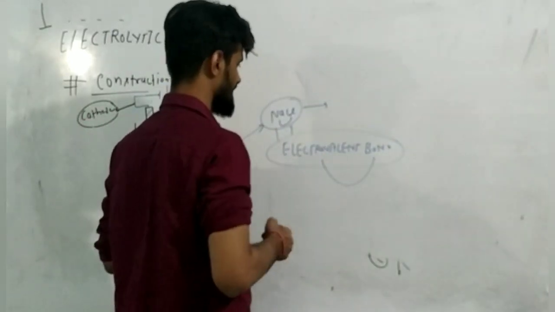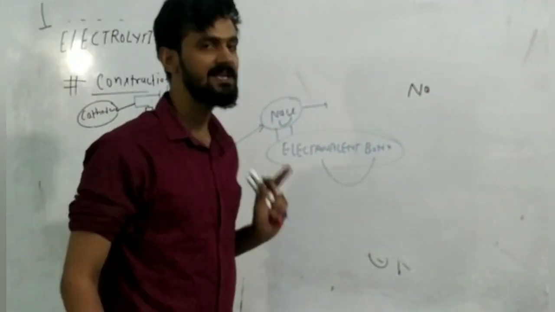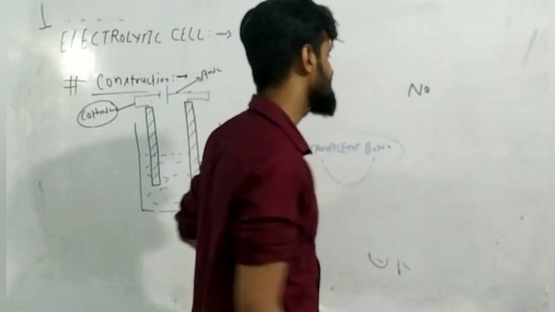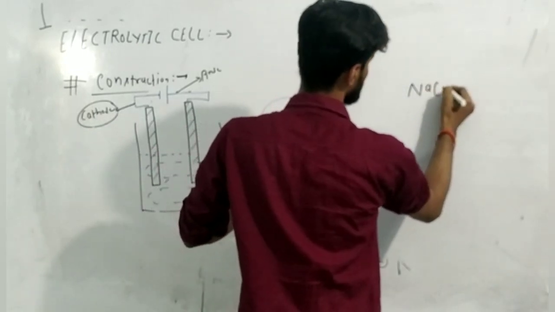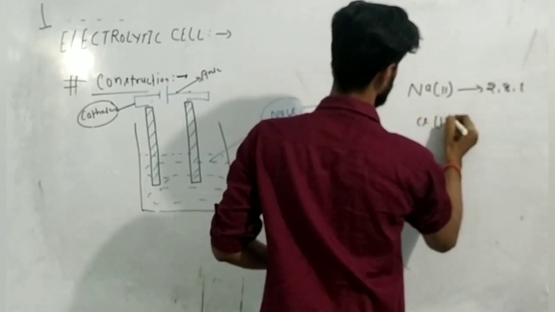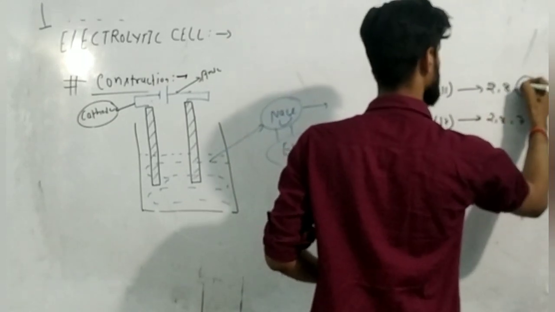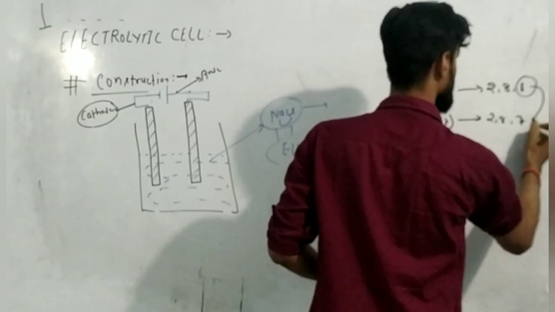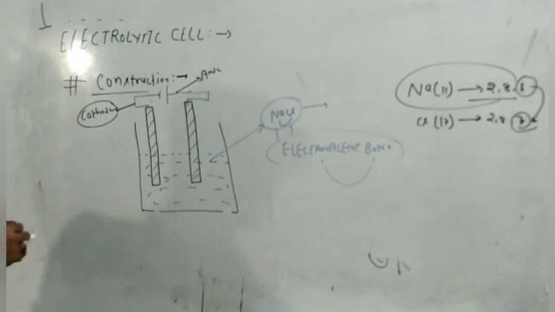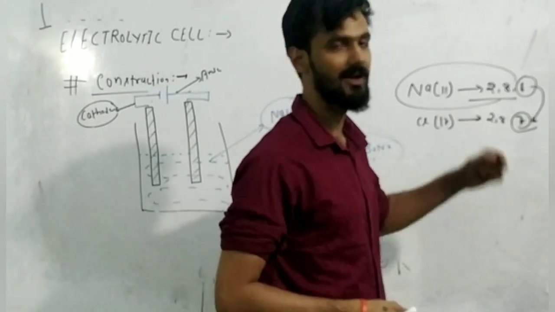Now, what is the definition of an electrovalent bond? The chemical bond formed by the complete transfer of electrons is called an electrovalent bond. Understand how the complete transfer of electron takes place. This is sodium, whose electronic configuration is 2, 8, 1, and this is chlorine, having atomic number 17 and configuration 2, 8, 7. Now, if sodium loses 1 electron and chlorine accepts 1 electron, then the octet of sodium will be completed and sodium will acquire the configuration of neon. And if chlorine accepts 1 electron, then its octet will be completed and it will acquire the configuration of argon.